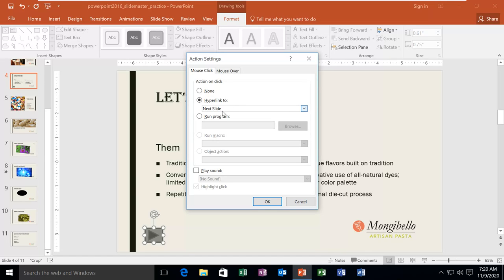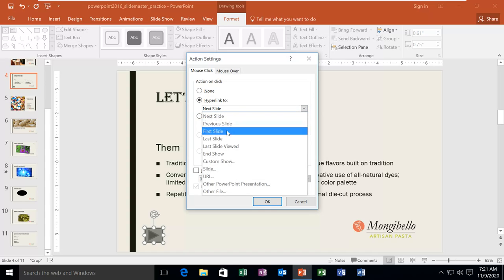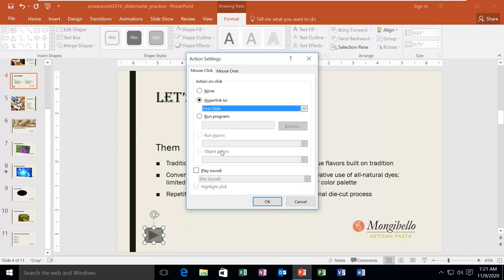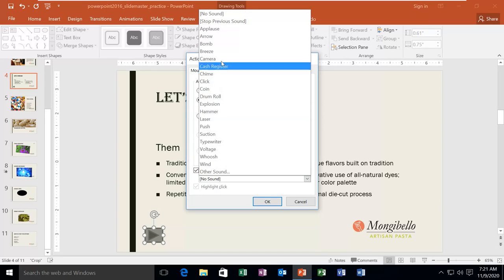And now here I can decide what I want to do. I can select to run on click, or by just hovering the mouse over it. And I can choose to go to the next slide, previous slide, first slide, whatever. Let's say I want to go to the first slide, then I can add a sound also, whatever sound I want.